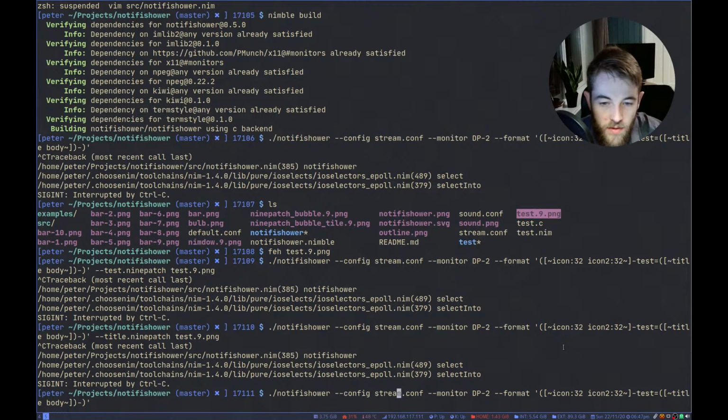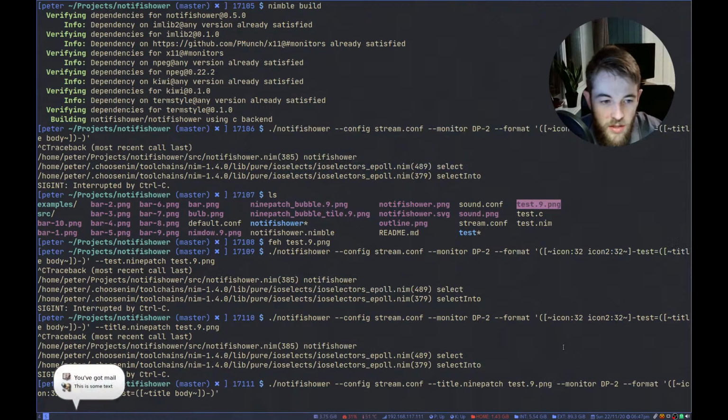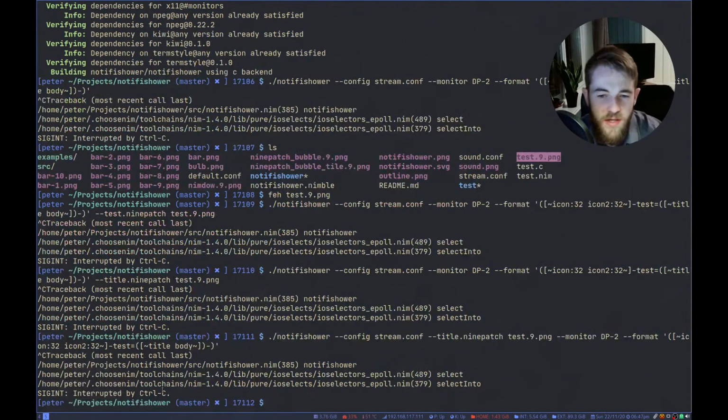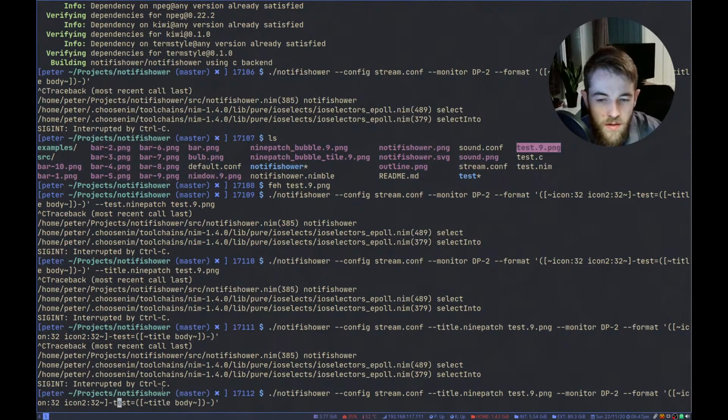Does this have to be before? Title.9patch. Test.9.png. That didn't work either. Is it only doing these? Let's set an action for this.